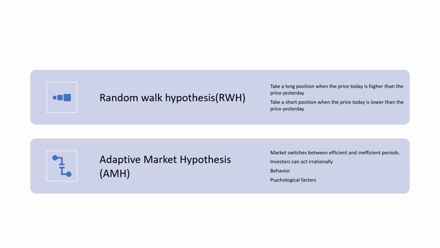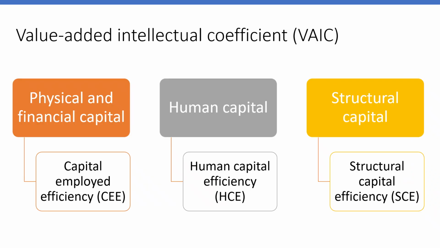The value-added intellectual coefficient, or VAIC, suggests that there are three types of capital that should be evaluated before making an investment decision due to their influence on firm performance and related asset value. The first category is physical and financial capital, which can be determined by looking at how physical and financial capital is employed and if the capital is employed efficiently, or CEE. This can be done by comparing the metrics of whether a unit of capital is being utilized to produce better